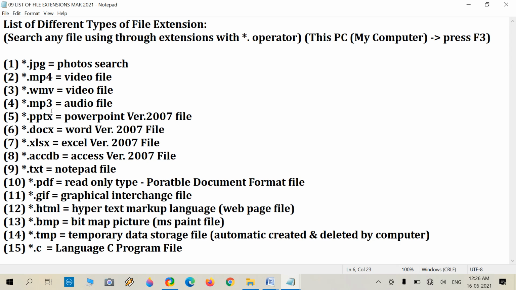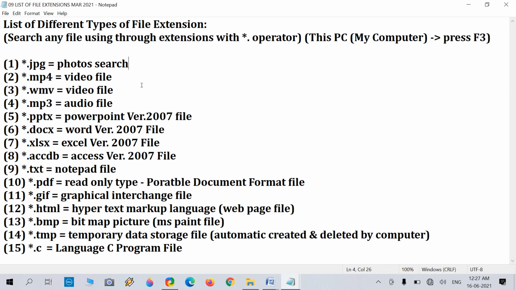Our next extension is .mp3, meaning an audio file. These kinds of extensions are very useful and important to search for or work with or find any specific file, especially on any unknown system, computer, desktop or laptop, where you don't have any knowledge of which specific file is saved where, or where it is located, like in D or E or F.